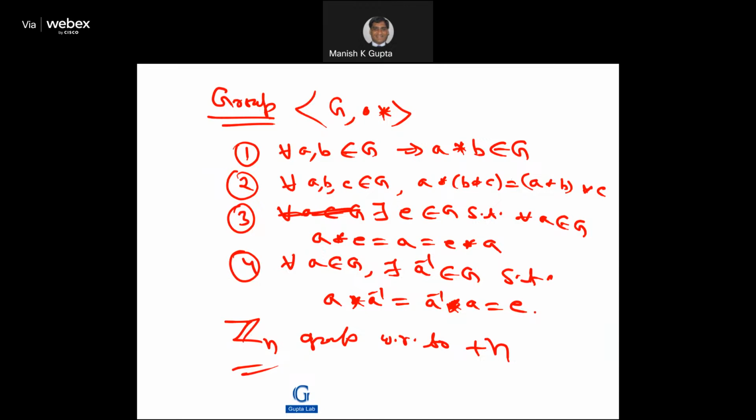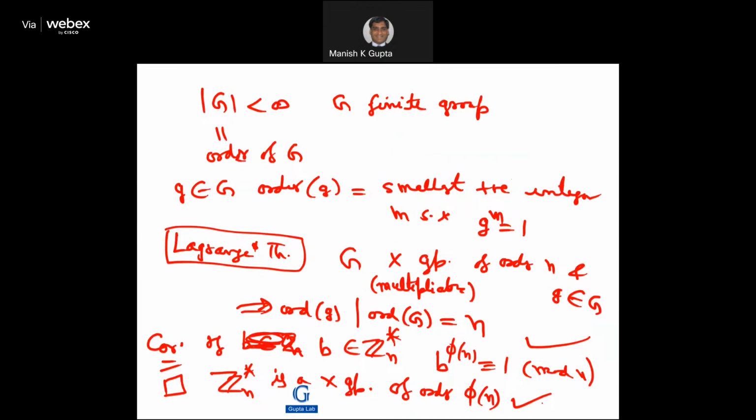Anyway, finite group, infinite group, order of an element in a group: the smallest positive integer m such that g raised to power m is 1, right? So you keep on doing the operation g, m times. So how many of you know Lagrange's theorem? Okay, 4, 5, 6, whatever. The rest of the people are busy with competitive coding, right? Anyway,